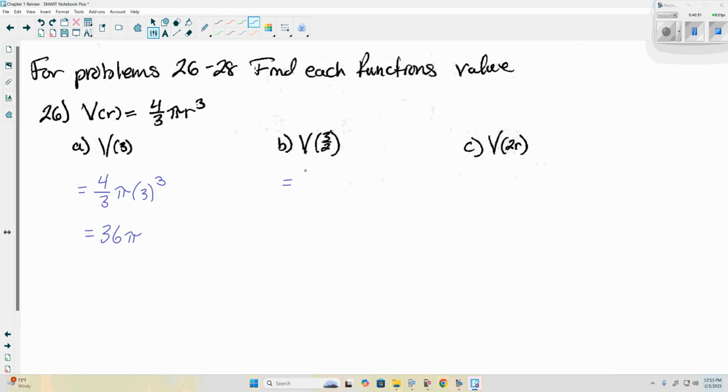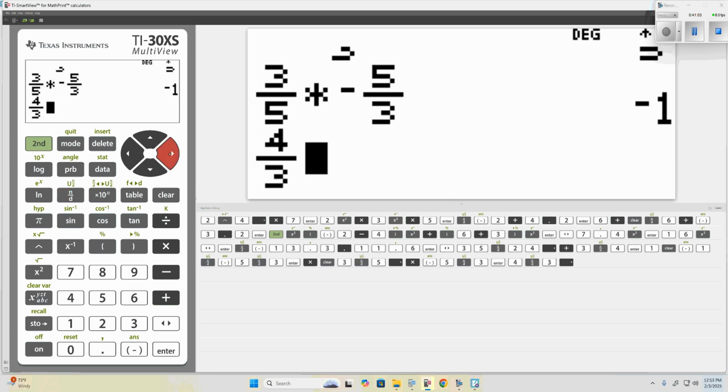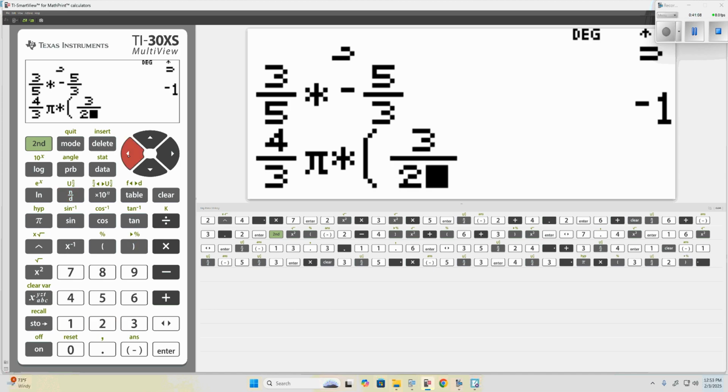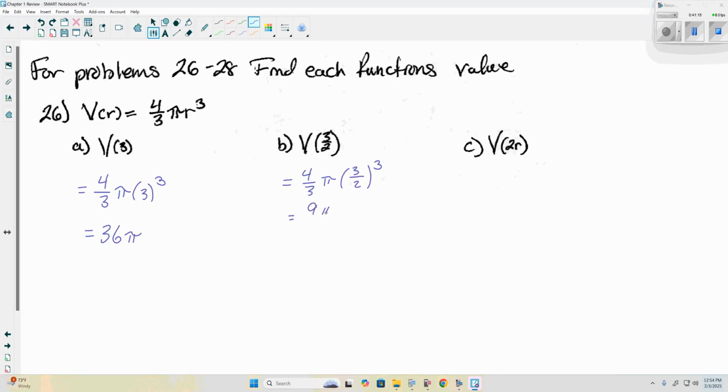Next, 3 halves. 4/3 pi times 3 halves cubed. 9 pi over 2. So all we're doing is just taking that value in, plugging it in. Now the last one